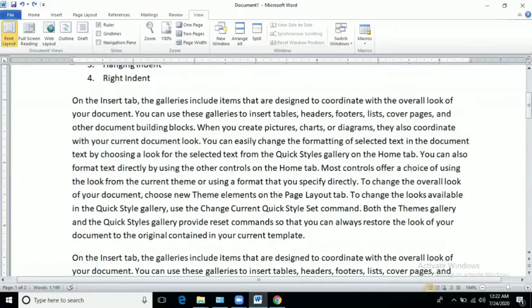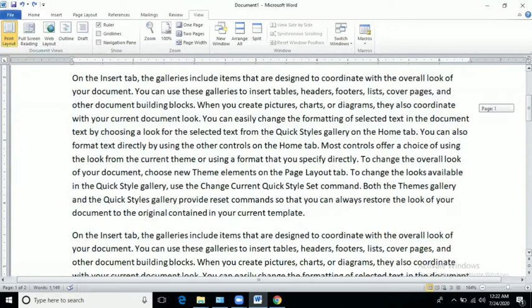So the next thing: you have seen first line indent is only for the first line, and hanging indent is the opposite of the first line indent, where except the first line, all the lines of the paragraph will move. The second one, the middle one, is the hanging indent.